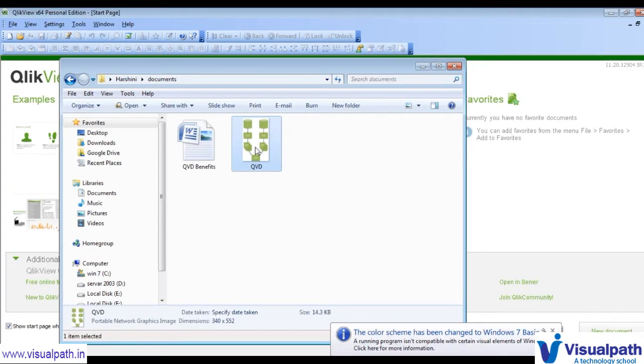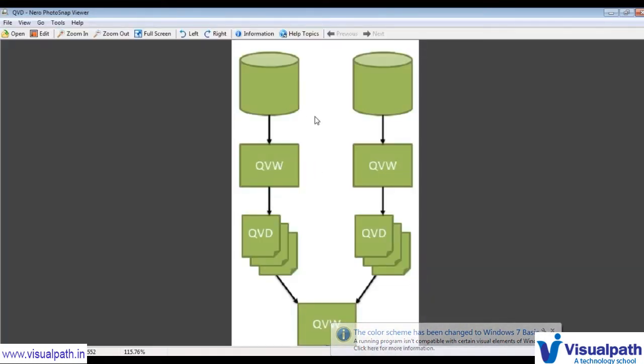So if I open this image, you can see, let's say these are different databases. For these databases we'll create a QVD generator, that is, we'll create an application in QlikView. So in QlikView Desktop we'll create an application, and there we'll take the data from the databases. Using this QVD generator application we will create the QVD. QVD is a QlikView data file. So we'll generate the QVDs and store them in a particular folder.